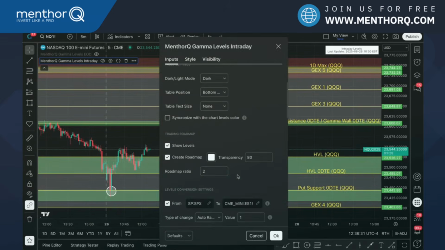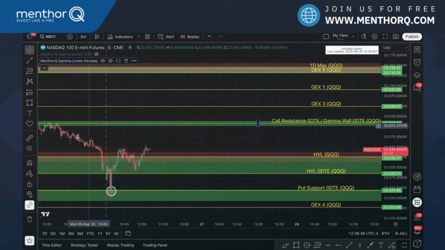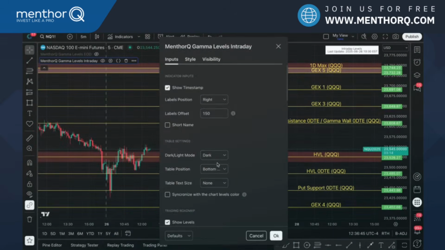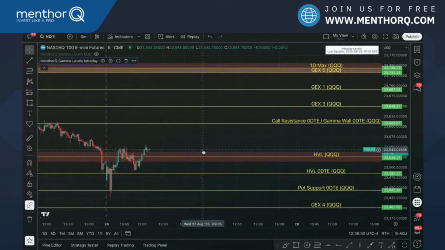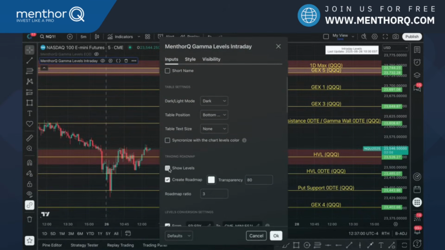So if I want to make the boxes a bit smaller, I can do that. Basically, the indicator is going to do exactly what I did. If I remove my drawing, the indicator is going to draw my areas right there. So I can use this as targets, for example. This can become my boxes. I can then, of course, remove the levels and basically use them for target areas. But then once I have that,